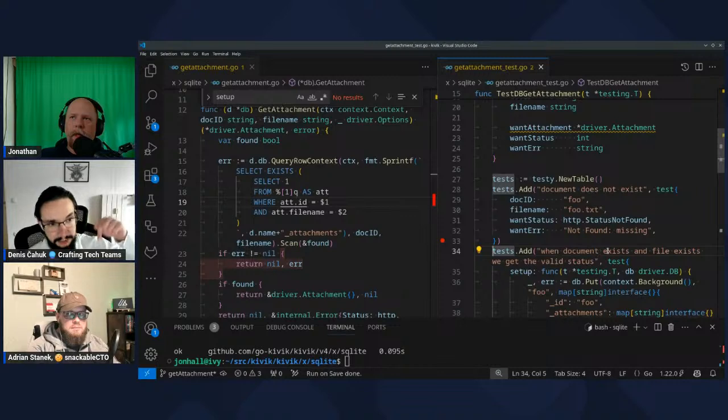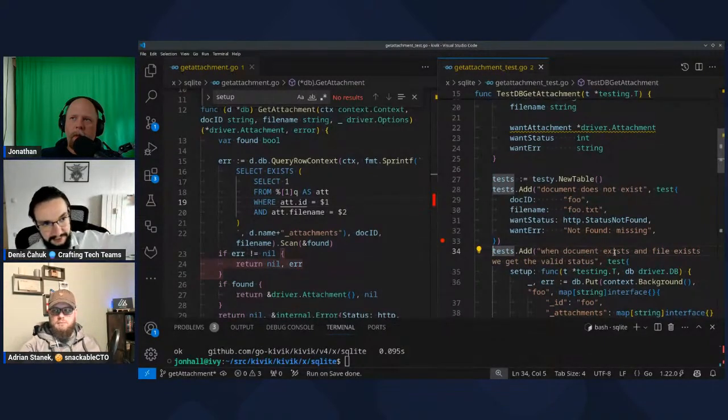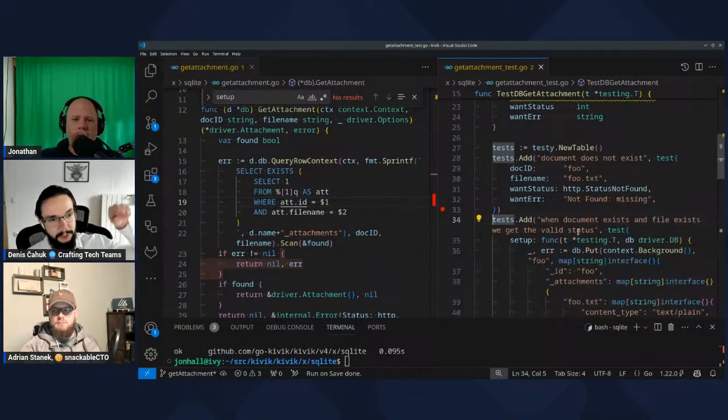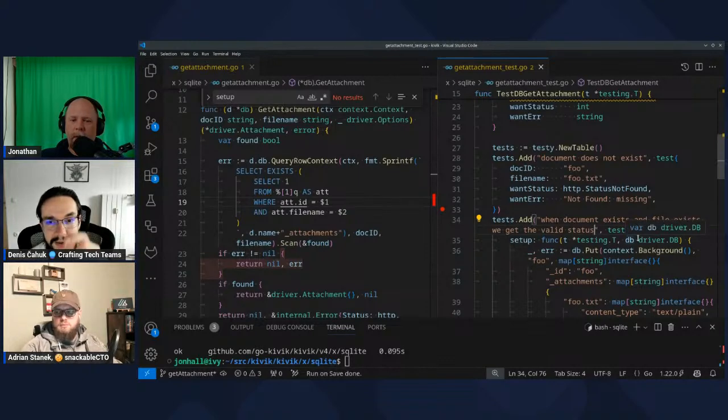Right, so this case I would rename it exists when it was added to a document. So I would flip it around. I don't understand what you're suggesting to change. So our test now says when the document exists and the file exists, we get the valid status. Right, so I would now change this to when the attachment exists, we get the valid status.